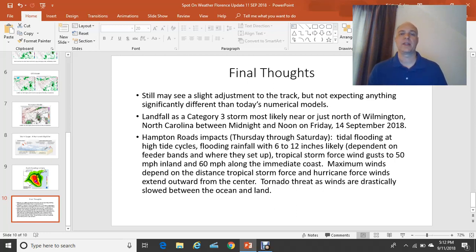with Florence. Tropical storm force winds, gusts to 50 miles per hour inland, 60 miles per hour along the immediate coast are expected. And that is why the National Hurricane Center has now issued a tropical storm watch for southeast Virginia up through Cape Charles Light. Maximum winds are going to be really dependent on the distance the tropical storm force and hurricane force winds extend